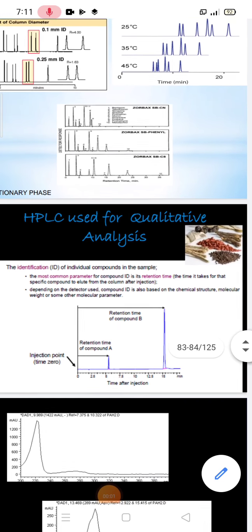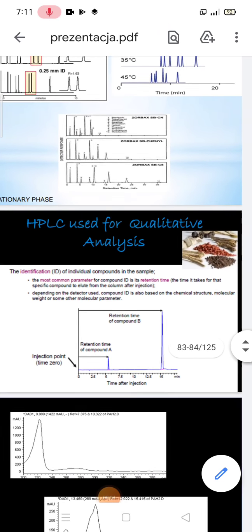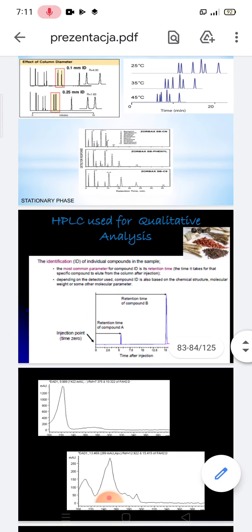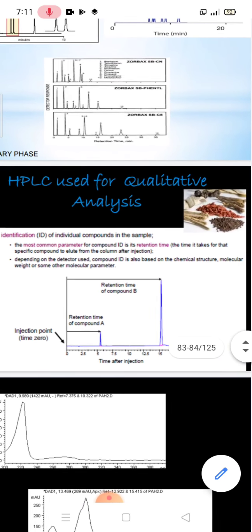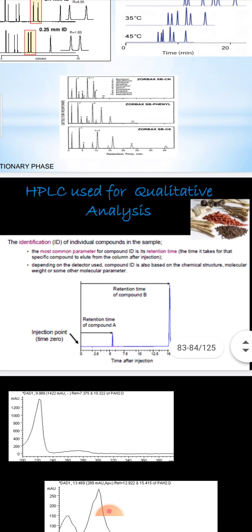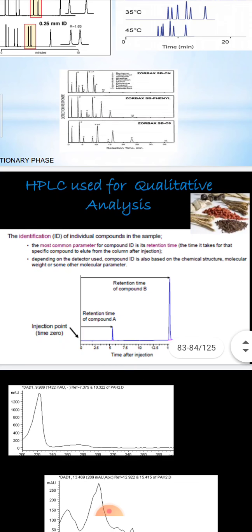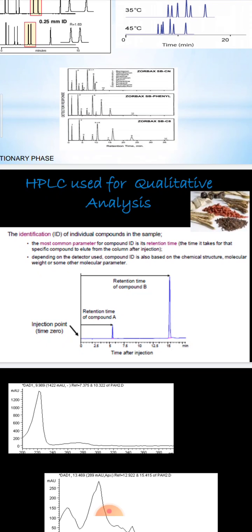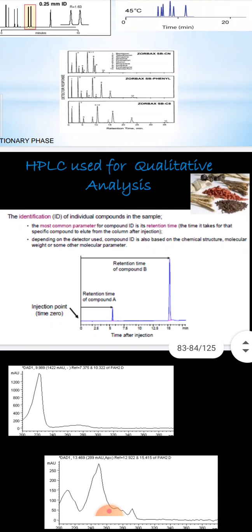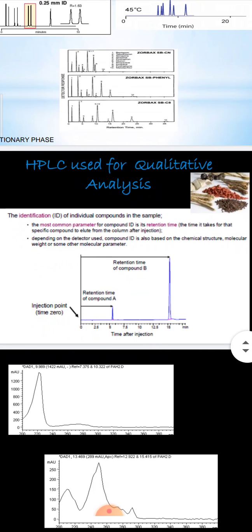Good morning, friends. Today we are going to see the next part, that is, applications of high performance liquid chromatography. In the last lecture, we studied the principle of high performance liquid chromatography along with the instrumentation. We saw the different components of the HPLC. Then we saw details about the detectors, the columns, the pumps and the sample reservoir. Then in the last lecture we discussed two different types of detectors.